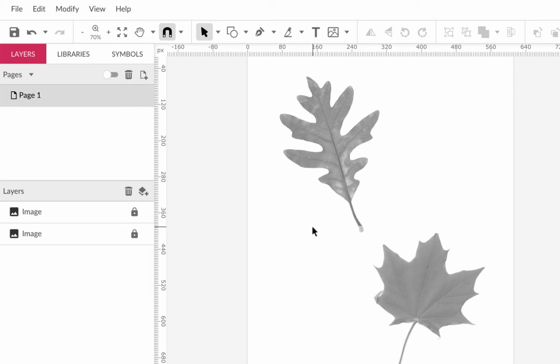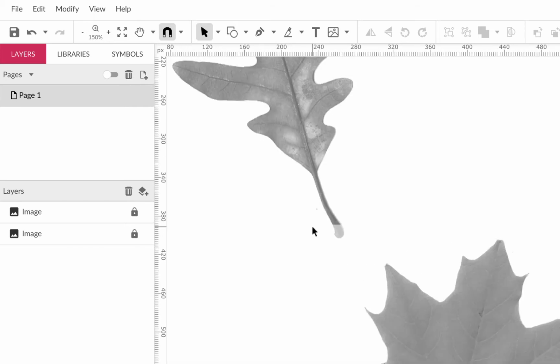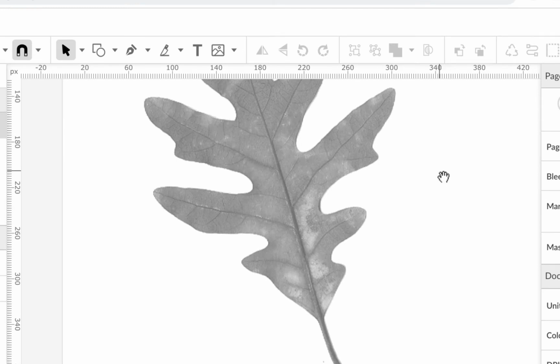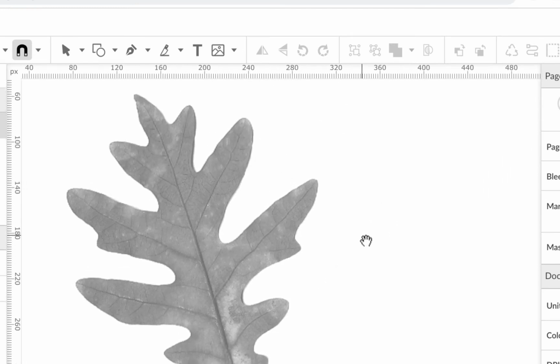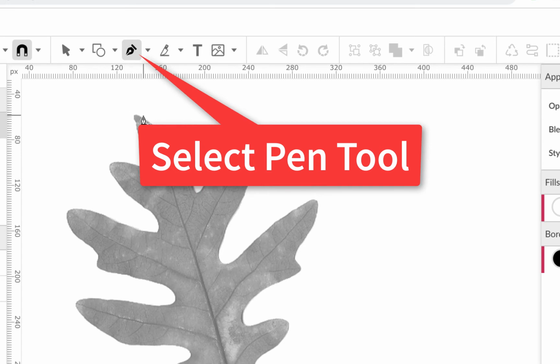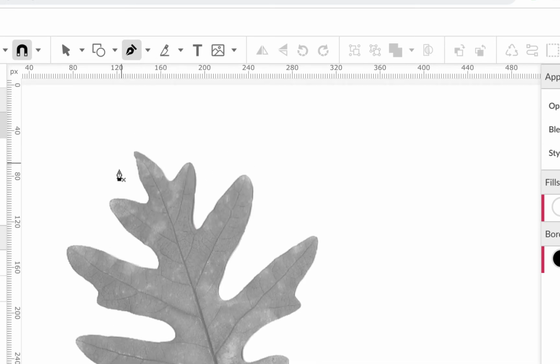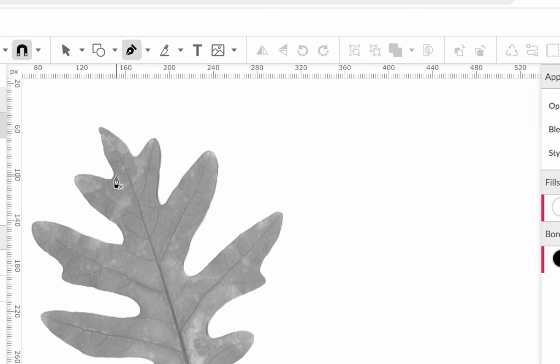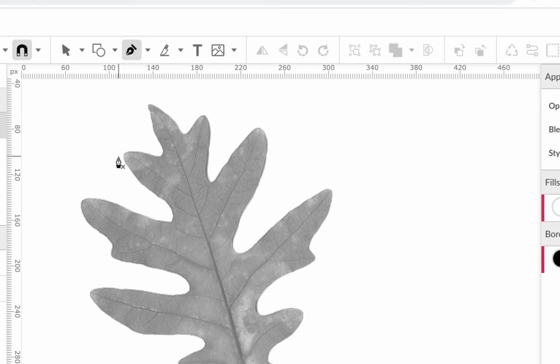So I'm going to make sure that I zoom in nicely. We're going to start with the oak leaf first. So I'm going to zoom into my leaf, and I'll use my space bar to move around here. So I see the oak leaf isolated, and I'm going to use the pen tool, and I'm going to start up here. And it actually starts to scroll when I get close to the top here. But I'm going to start up here and just make points. We're just going to click and make points with the pen tool,